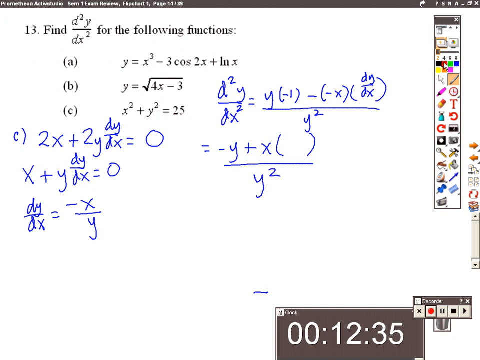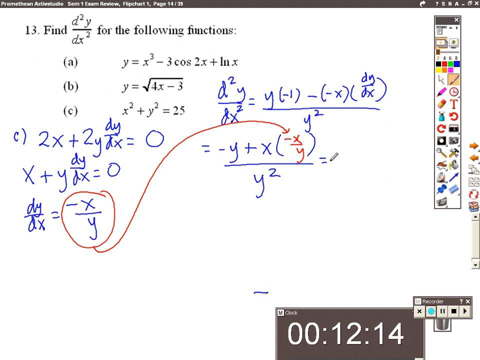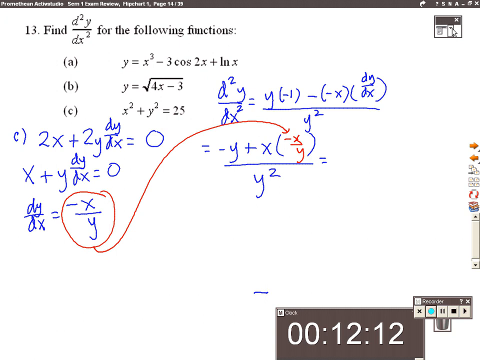because in my work over here, I already know the value of dy/dx, and that's the trick with finding the second derivative with an implicit relationship. I'm going to replace dy/dx with negative x over y. That's really the only big deal when you're finding the derivative implicitly. So when I clean that up, it becomes mostly just algebra, negative x minus x squared over y